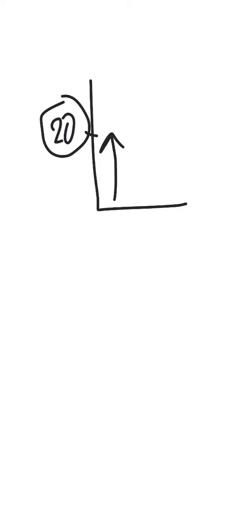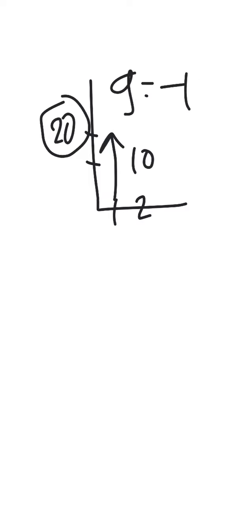So if we're at 20 in 1 second, then that's 1. Then in the second, we're going to be at 10 because gravity is pulling down the stone at negative 10 meters per second. So every second from 20, it's going to go down 10. So from 20, in second 2, we go down to 10. In second 3,